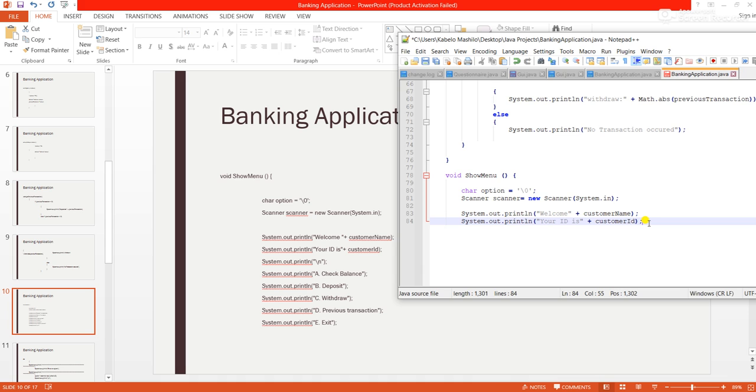It will display the customer ID that we have referenced or initialized within the first part of the video, where we initialized in our object two string characters, the customer name and the customer ID. So moving on, we also